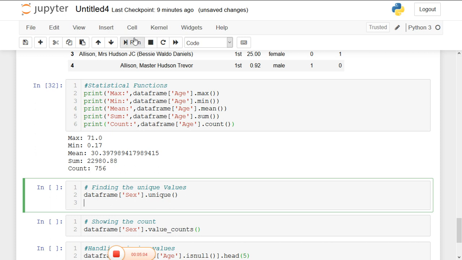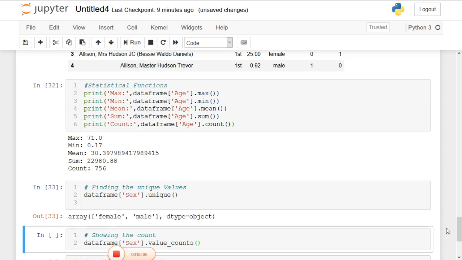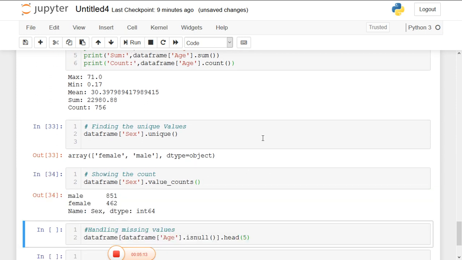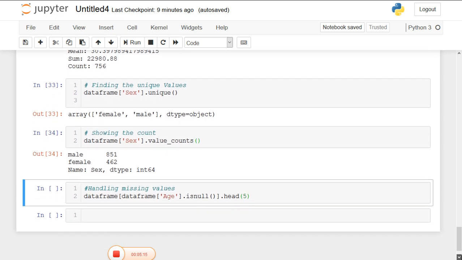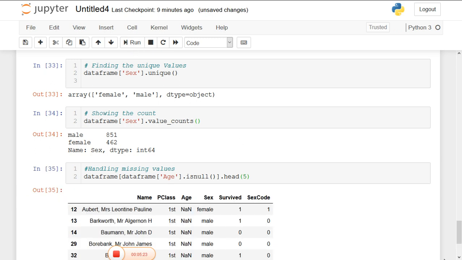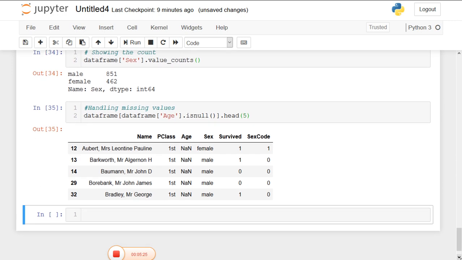We need to find the unique values in the data set. We can use a method called unique. We also need to find the total number of values and unique values in the data set, which is used for identifying missing data and noisy data also. For handling the missing values, we can use a method called isnull. The isnull method returns the values which were not given in the data set, which is very useful for removing the noisy data and finding the missing data.